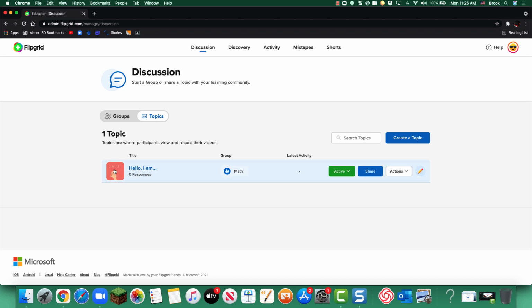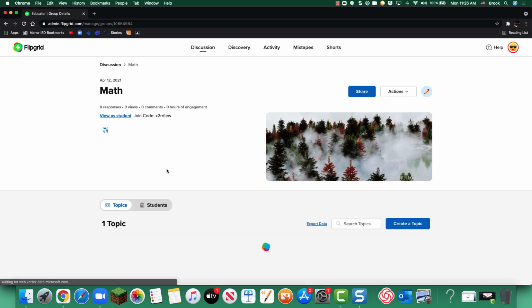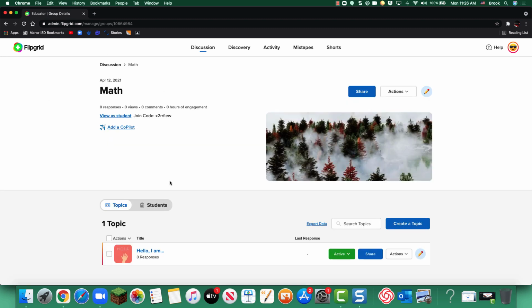So either way you go is fine, but if you have a group and you already have students in that group, then whenever you create a topic within it, once you make it active, your students are going to be able to see that topic within that group and be able to access it. So I'm going to go ahead and click on math, and now you'll see that I am in the